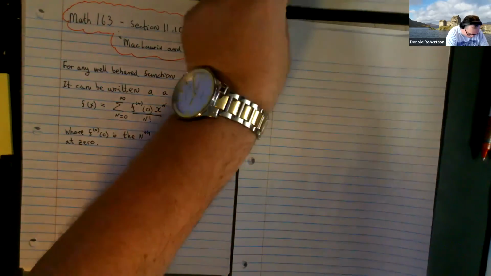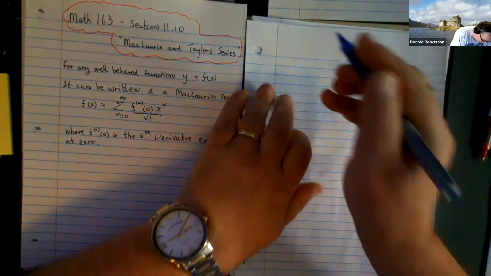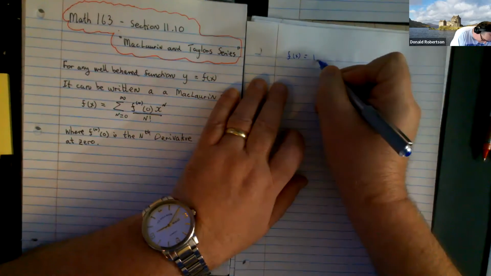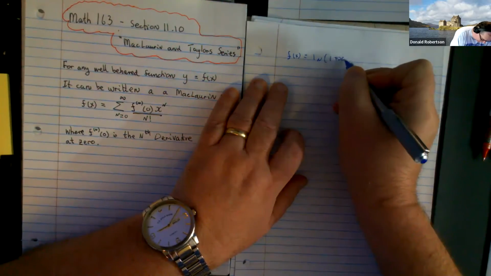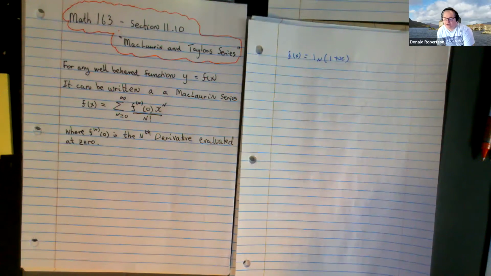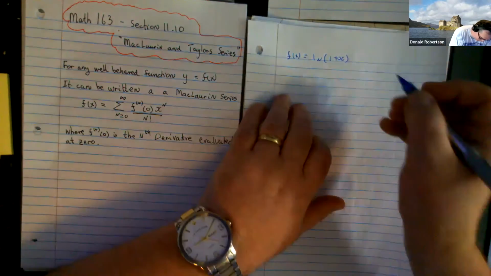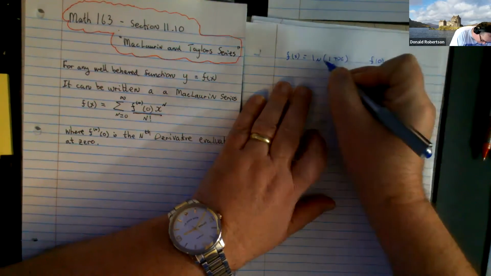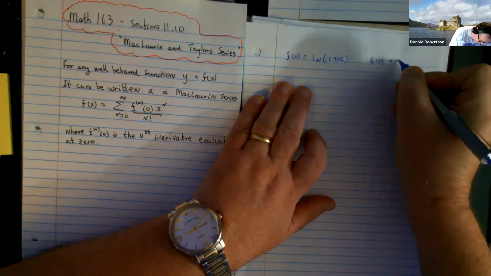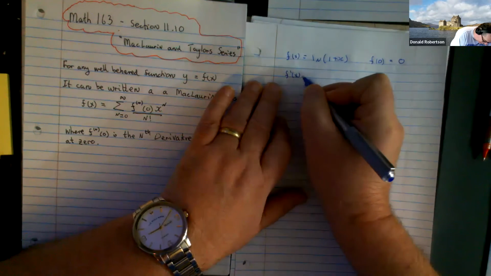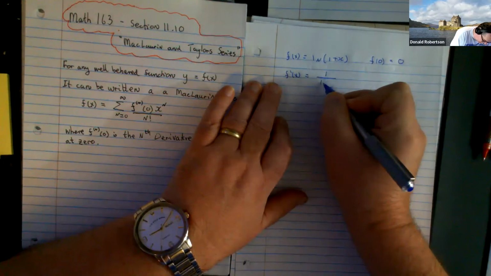Right. I'm going to do a function, the natural log of 1 plus x. And let's see if we can find the Maclaurin power series for that guy. So if you evaluate this function at 0, you get the log of 1, and the log of 1 happens to be 0. Okay. If you find the first derivative, you get that,